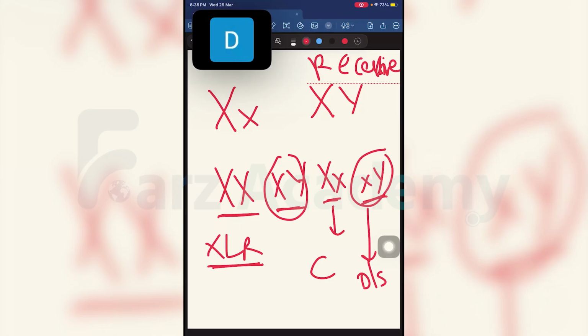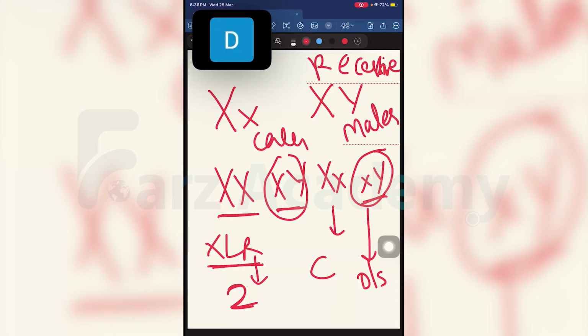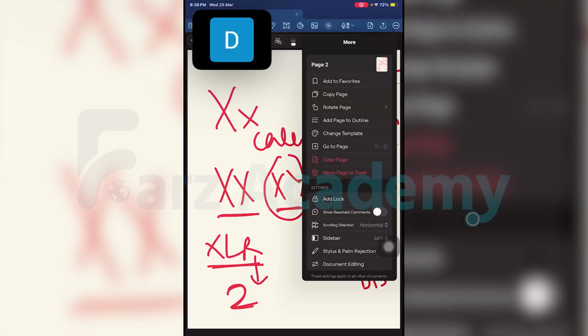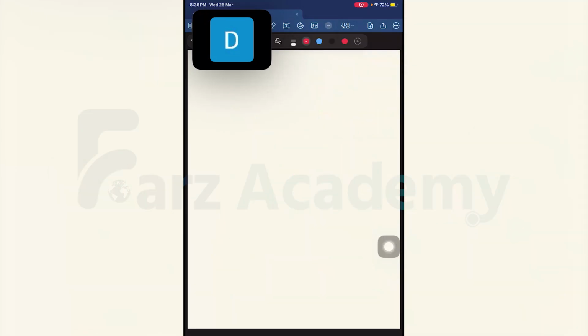So now do you understand, when I talk about X-linked recessive disorders, the chances of getting the disease in a male are more as compared to females? Because for recessive disorders, I need two abnormal alleles. But in males, because there is only one X, there is no chance that he's going to get two abnormal X. So when I talk about X-linked recessive, chances of males getting the disease are more, whereas females would be more carriers. Does this statement make sense to you? Yes, ma'am.